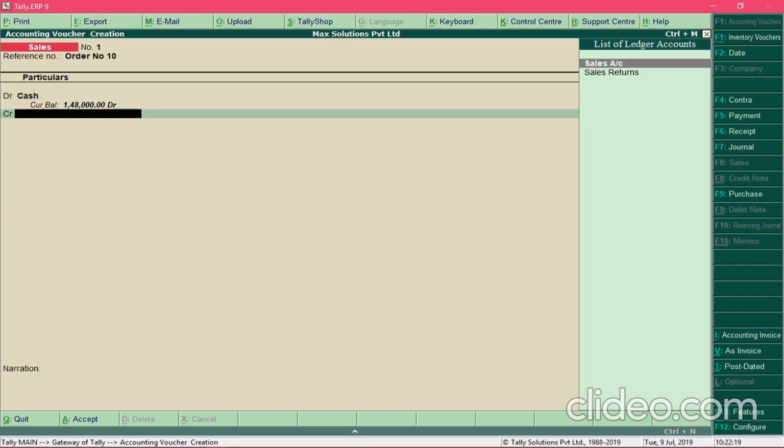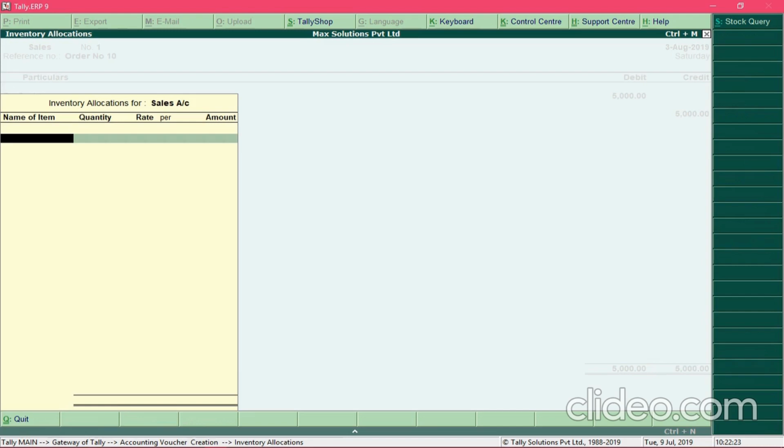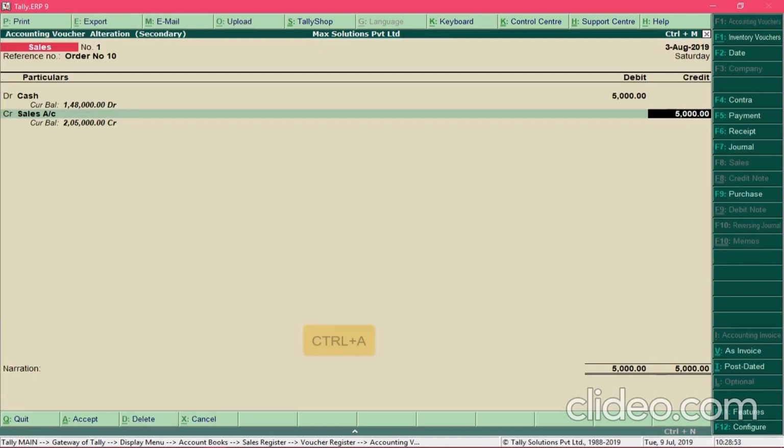And in the credit field, select sales account. So again you will be asked to provide details regarding the items which you have sold. So until we create those items, we cannot enter those details right now. So just skip this step by pressing Ctrl A and save the entry.